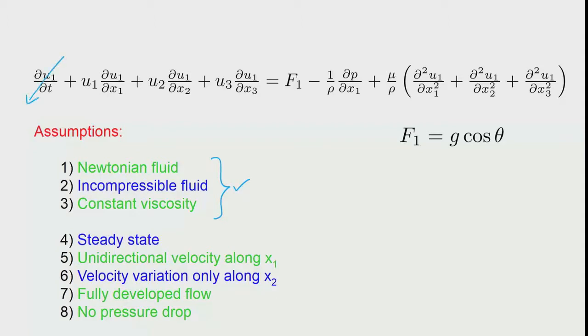So, we knock off the first term because of assumption 4, and we say that the velocity is only along x1. So, in the x2 and x3 directions there is no velocity, which means that u2 is equal to u3 is equal to 0. So, I can remove these 2 terms according to assumption 5. And then the velocity variation can also be chosen along either x2 or x3. So, in the depth direction of the plane we do not want to look at any variation. So, we would like to knock off this term. So, there is no variation along the x3 direction.